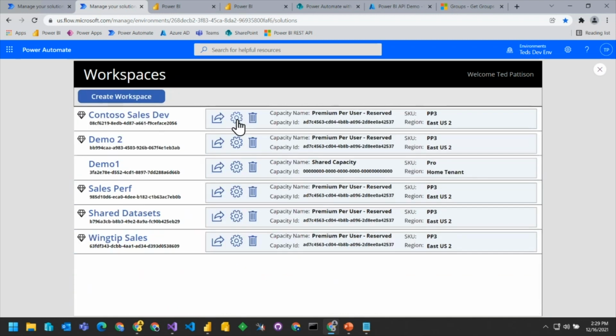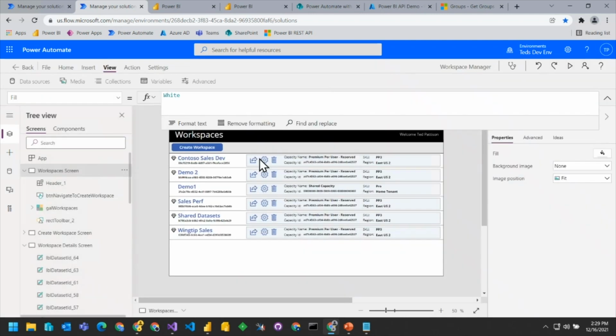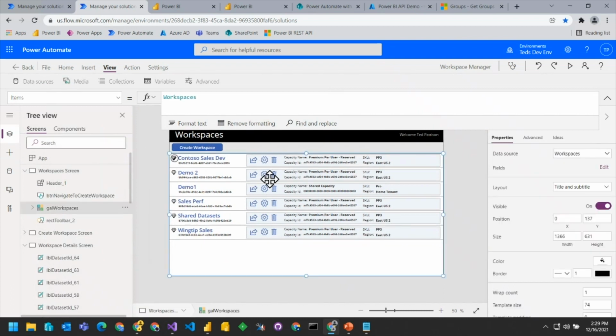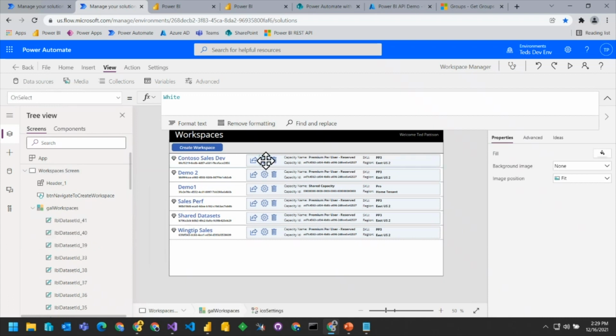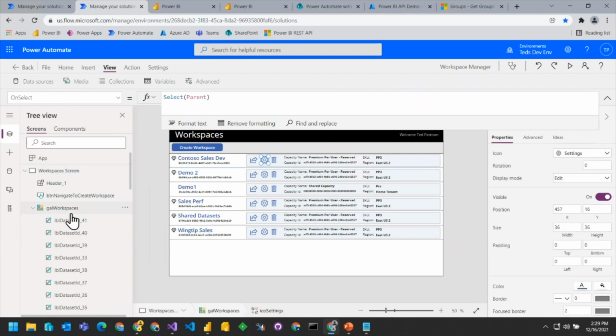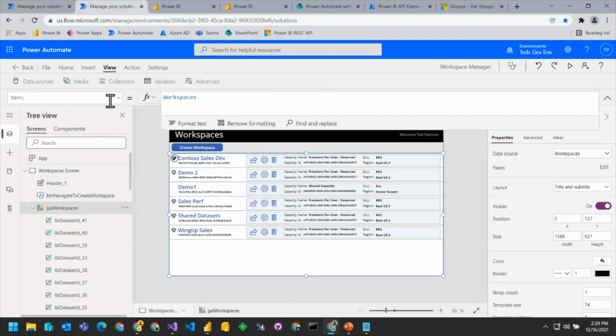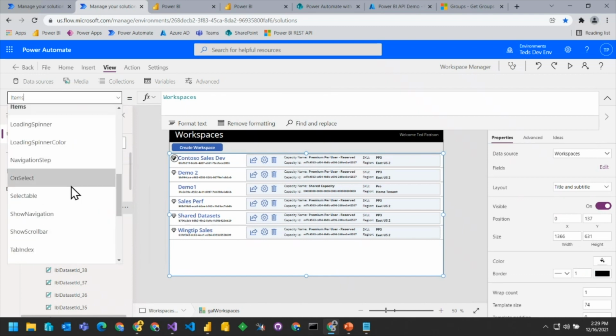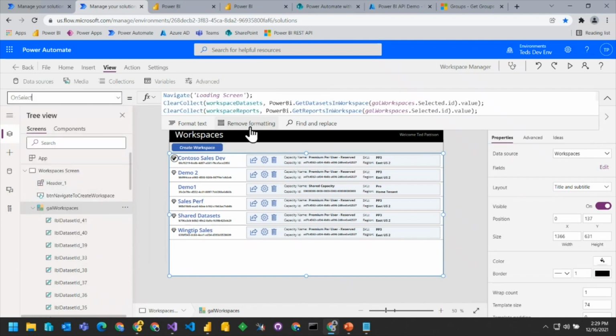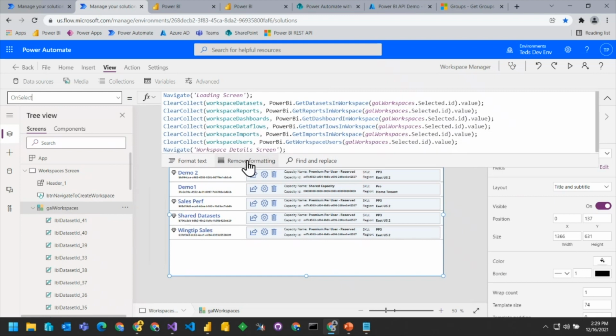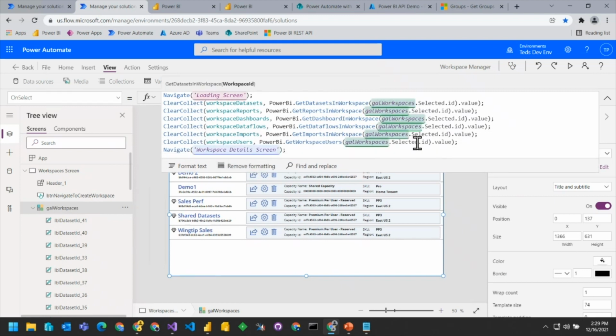You pick a workspace here and you navigate to another location, but as you navigate, let me go ahead and click off and then click on this so you can see the code behind this. And the idea here, if I go to on select, is that every time we go to that workspace detail form, we're going to take the currently selected workspace and make calls to get the datasets and everything in there.